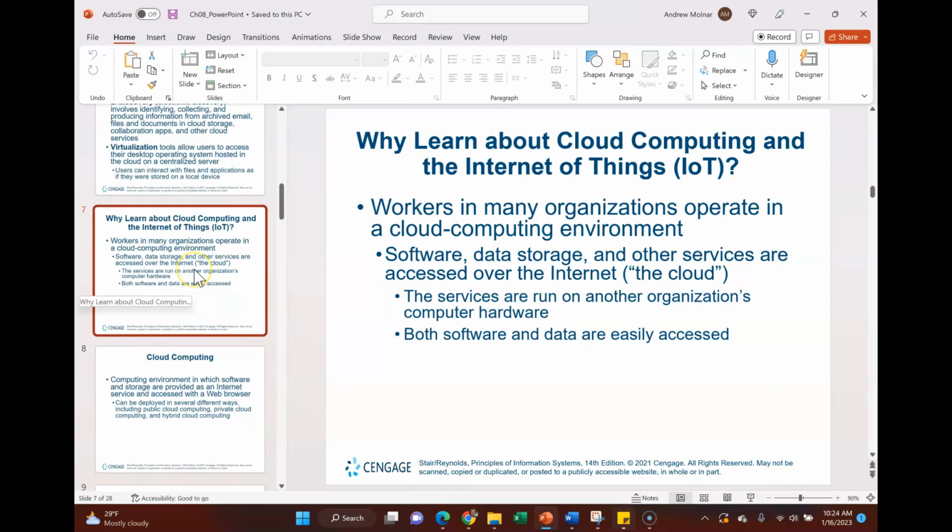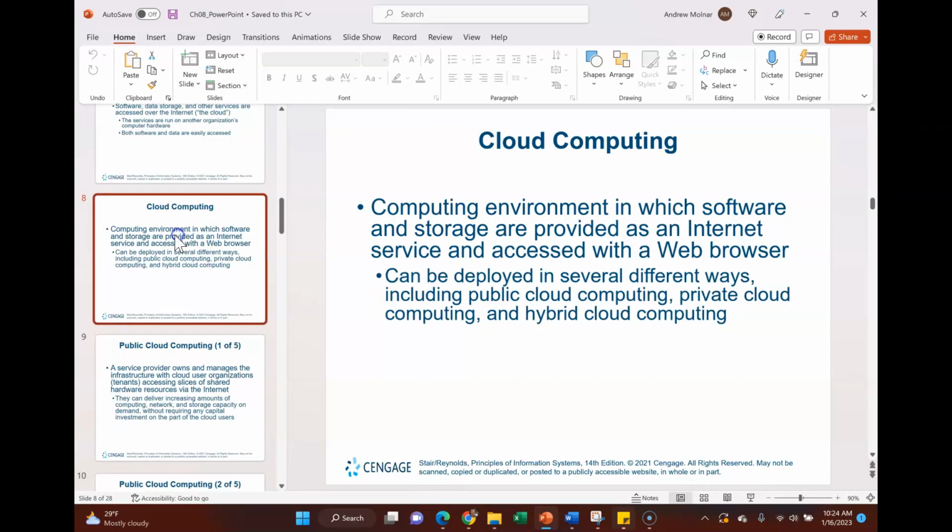We actually created it because we demanded it, and that's how we got here along the way. Now, cloud computing is an environment where software and storage are provided as an internet service, and we access it by our web browser, which we talked about in chapter 7 last week.